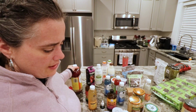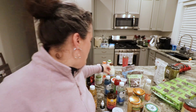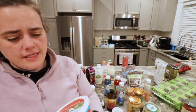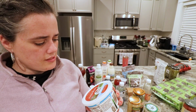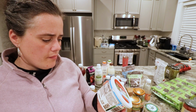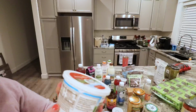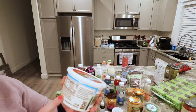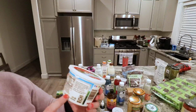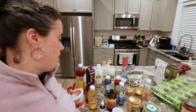And that was $9.99, so it is worth getting the larger bottle if you plan to use it all. Cottage cheese, if you did not know about it, is typically a fermented food. Not 100% of the time, but organic, cultured, pasteurized skim milk, pasteurized cream, organic non-fat milk, salt, citric acid, guar gum, organic locust bean gum. This might not be the best cottage cheese in the world, but I gave it a try. And so most good